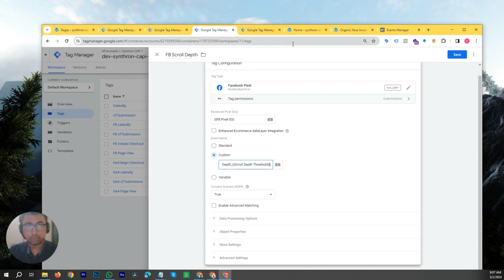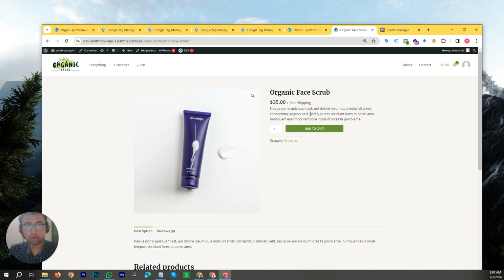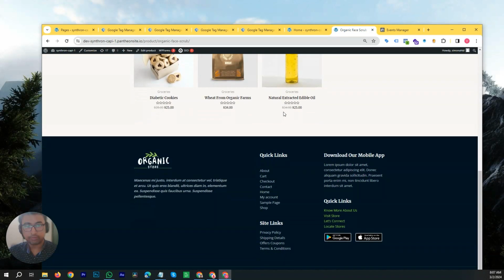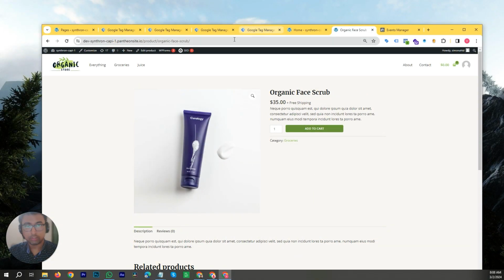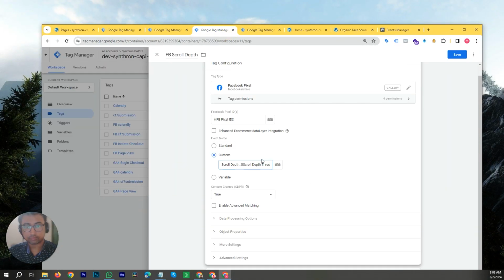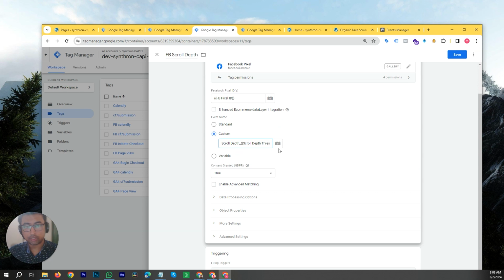what happens is whenever the page is scrolled at 50% and 75%, the tag will be fired. And it would show up in our preview section what percentage of the tag was fired. We will check it in the events manager in a minute. Let's set it up first,